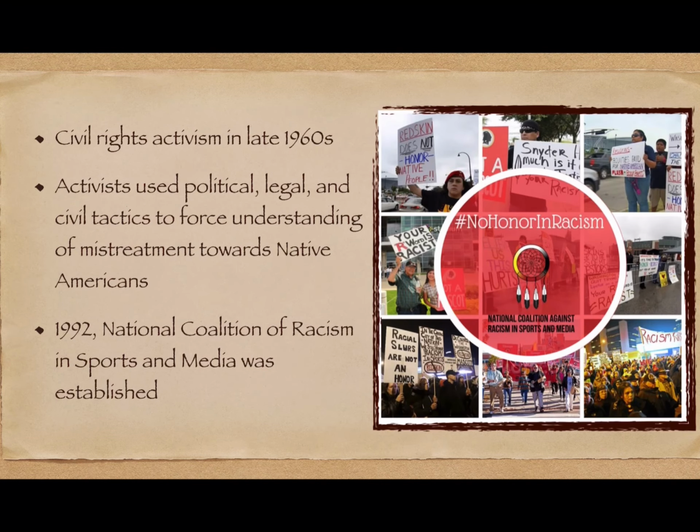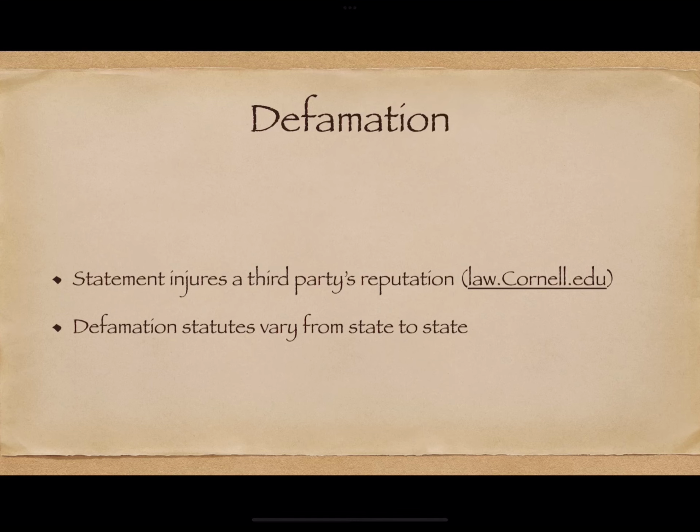Years now. These activities use political, legal, and civil tactics to force understanding of mistreatment towards Native Americans. A large protest eventually formed into an organization. This was called the National Coalition on Racism in Sports and Media and was established in 1992. They took initiative to show that there was a misconception of American Indians resulting in racial, cultural, and spiritual stereotyping due to sports identification. When we start speaking in legal terms of what negatively happens, the word defamation can come